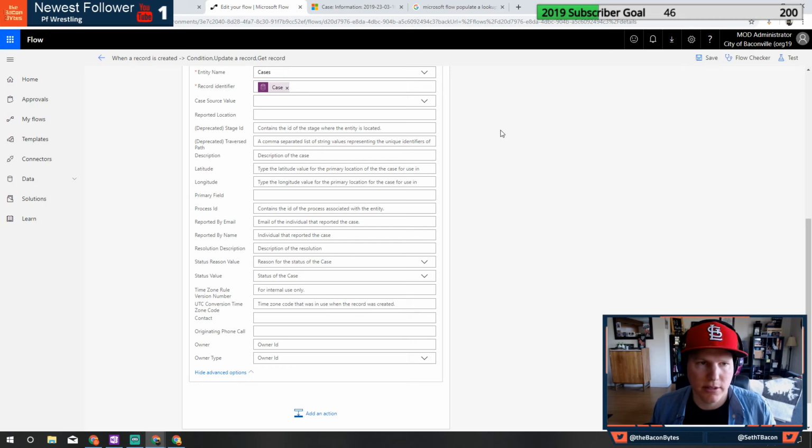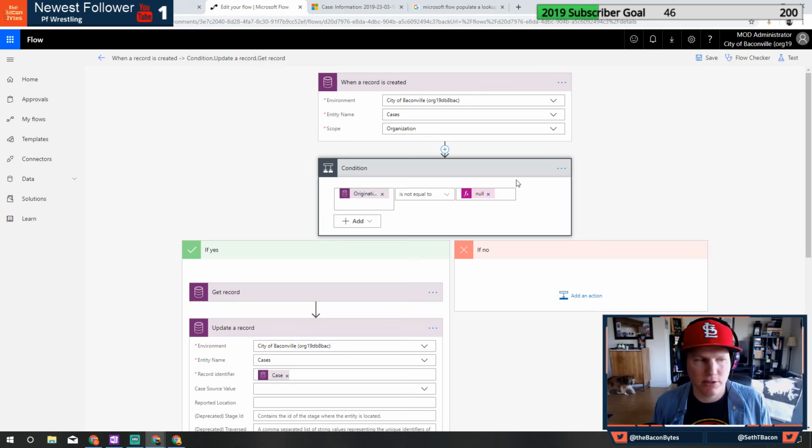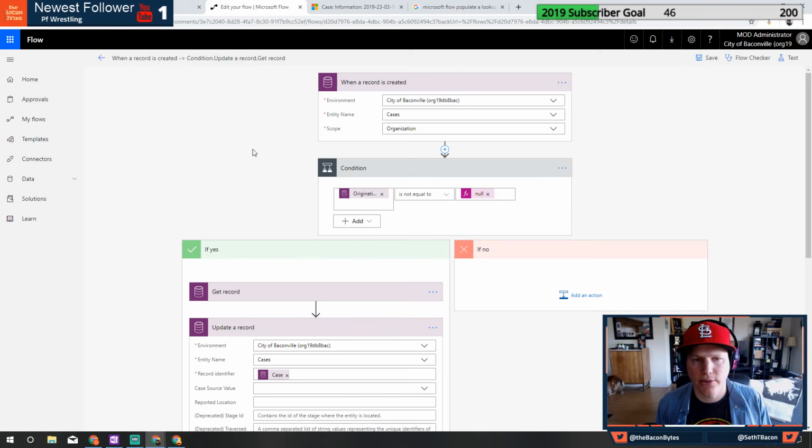Baby Bacon is getting up and moving, and so we've been going at it for about 2 hours. You can see Watson there in the back. Hopefully you guys learned some stuff. I know I did. I learned some stuff where things were working or things didn't work, more importantly.